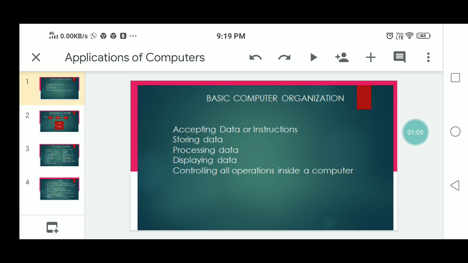These are the computer organization objectives. We will discuss all these functions and see how one unit of a computer interacts with another to perform these operations.